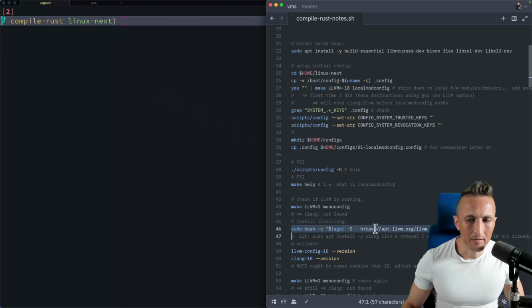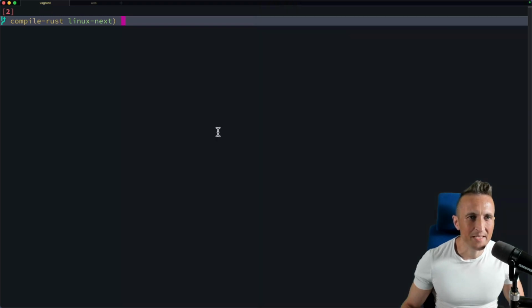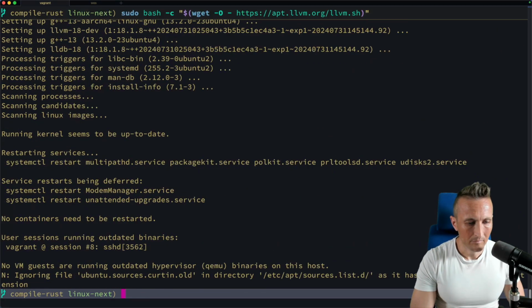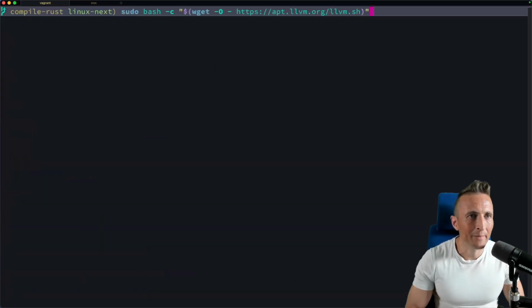So I'm going to jump down here. Now this will be environment specific. In this case, for my Ubuntu environment, I can run this script here. So I'm going to download a script and then I'll execute it. And this will go through the process of installing LLVM, Clang, etc. All right, once I've done that, I can bring back my make command here and I can run that local